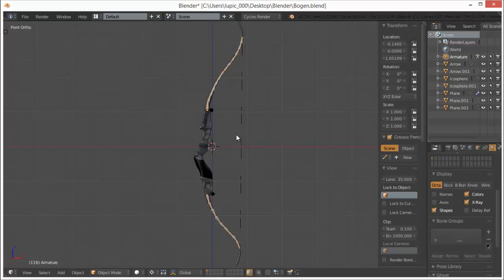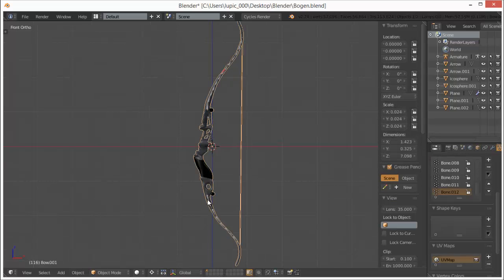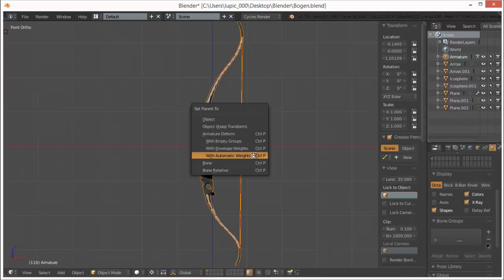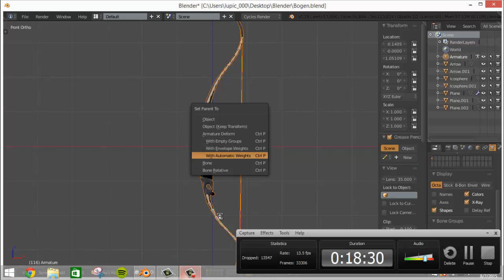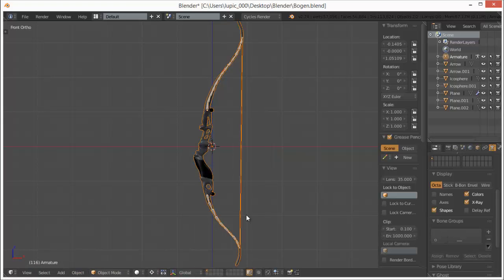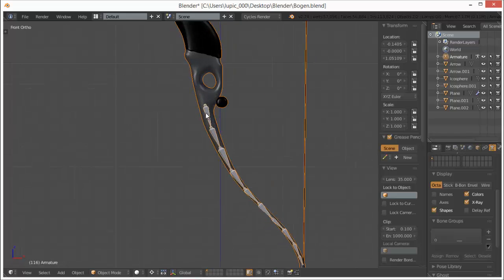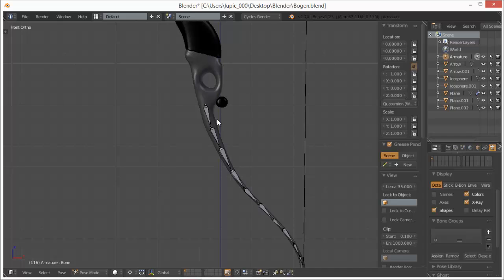And I'm going to select the mesh, then the armature. Control P with automatic weights, and we'll go through this fun process again, so I will pause it. And there we go. As much fun as that was, I'm glad it's over. So back to business. I'm going to test out this bottom rig, and I'm really hoping and praying that this